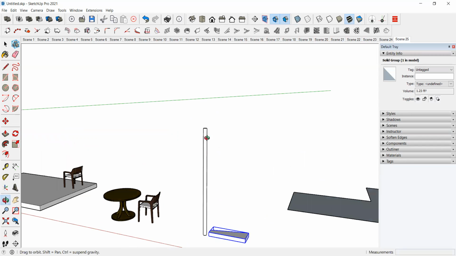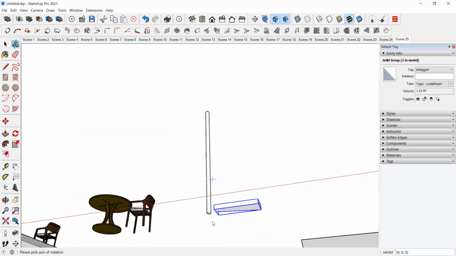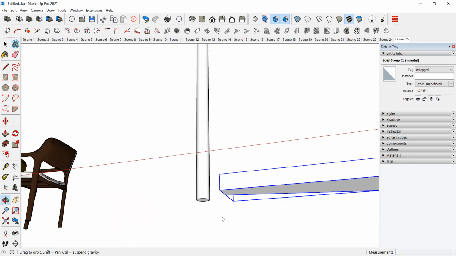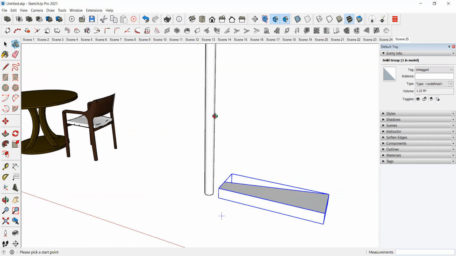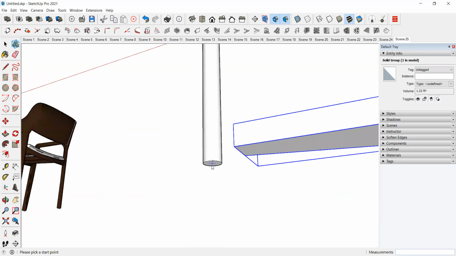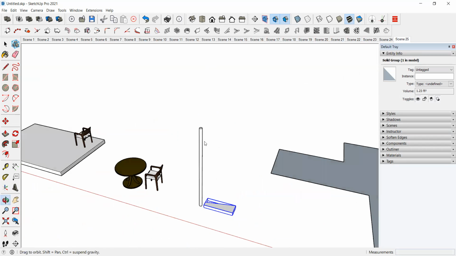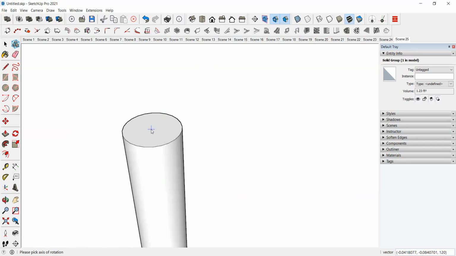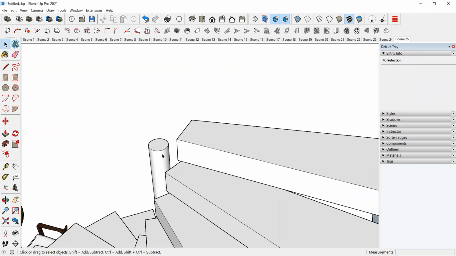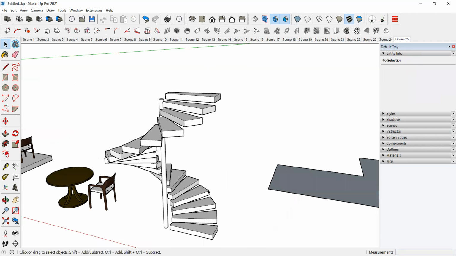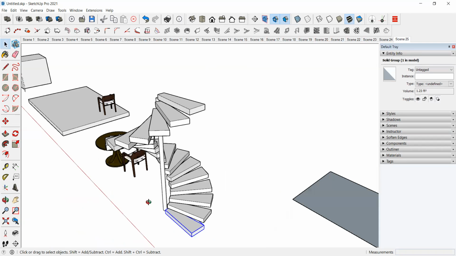Axis of rotation. Starting point and ending point will be on the top. Okay, so in this direction you will create the staircase.